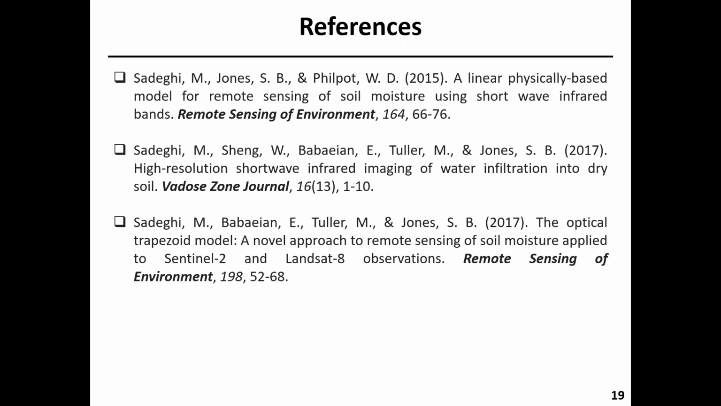The 2017 paper in the Vadose Zone Journal is about the column experiment in the lab using the SWIR camera. And the 2017 paper in Remote Sensing of Environment is the first paper where we introduced the OPTRAM approach. So if anybody is interested in the details of these studies, you can take a look at these papers,